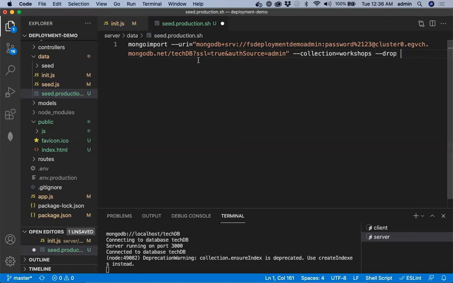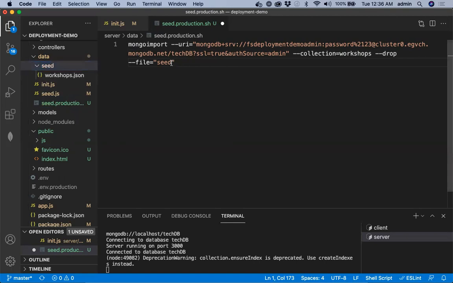This will run only the first time so that we seed it with some data, our initial collections. I have just one collection. You might want to do this for each and every collection you have. And this is going to come from seed folder workshops.json. And the format is a JSON array.